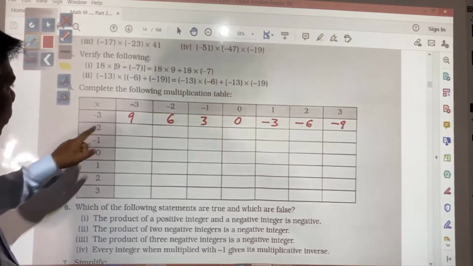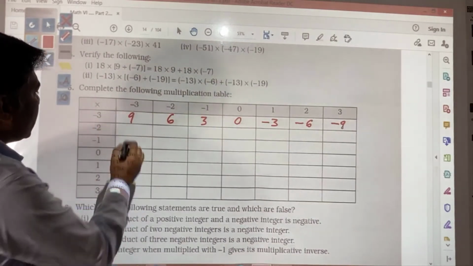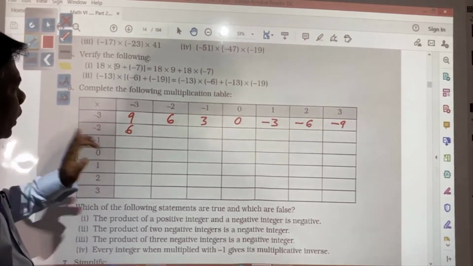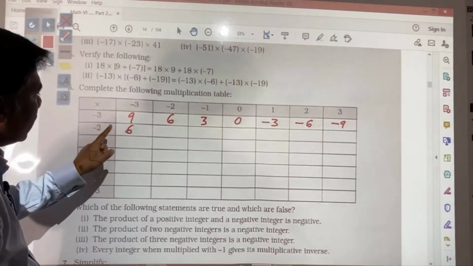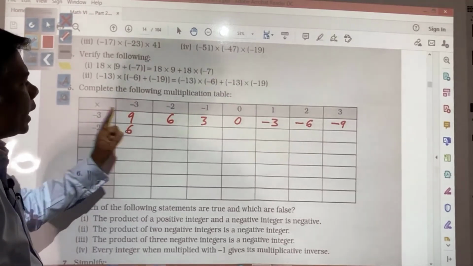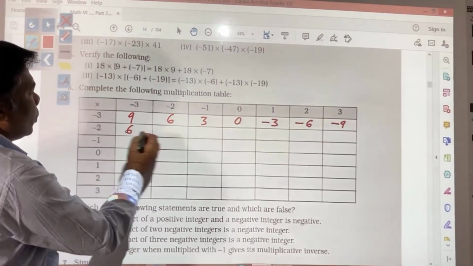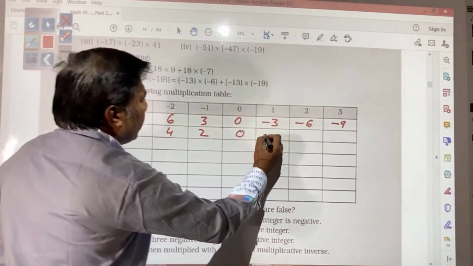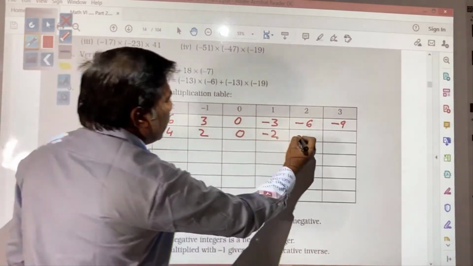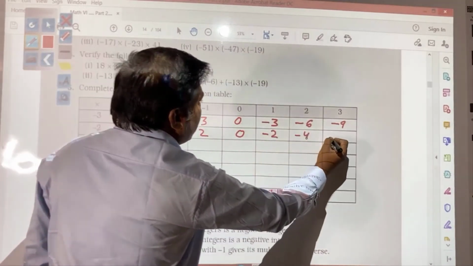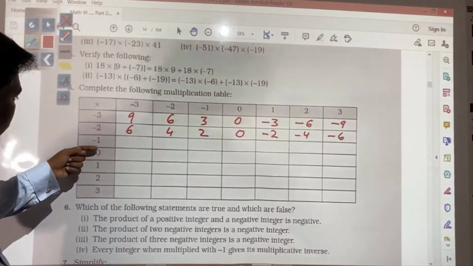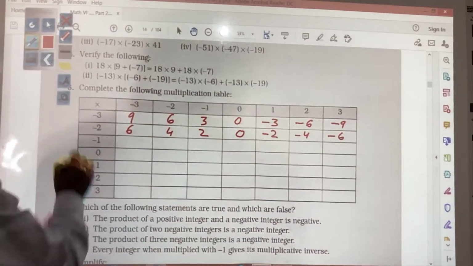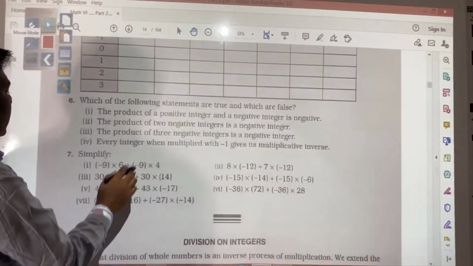In the same way with 2 you do. 2 3 is 6. Minus and minus will become plus. Only you need to remember, like signs are there, so product will be positive. Unlike signs are there, product will be negative. So this will be 4, 2, 0, minus 2, this will be minus 4 and minus 6. So in the same way, you need to multiply and you need to write. I hope you will be able to do. Next you see